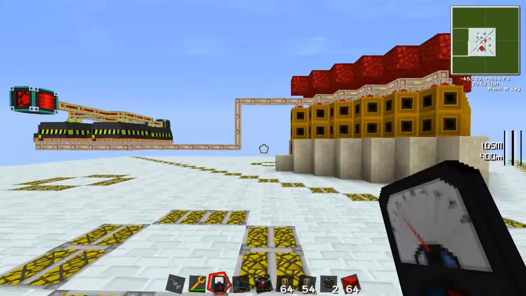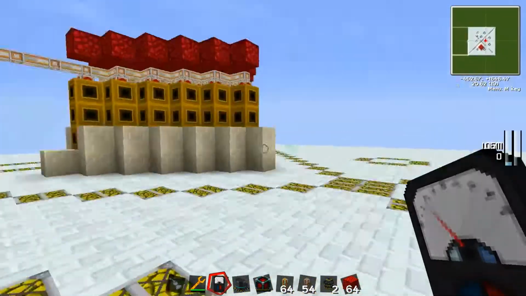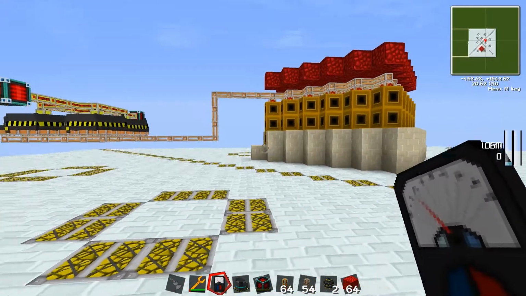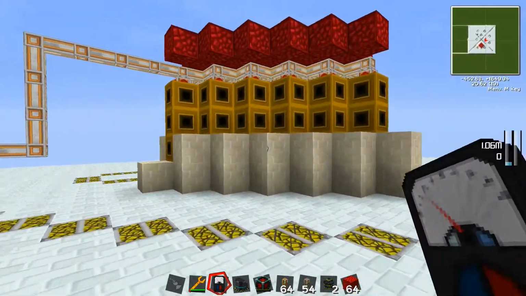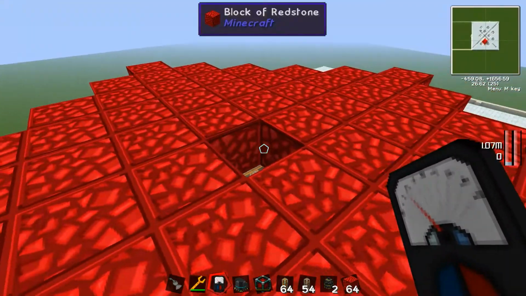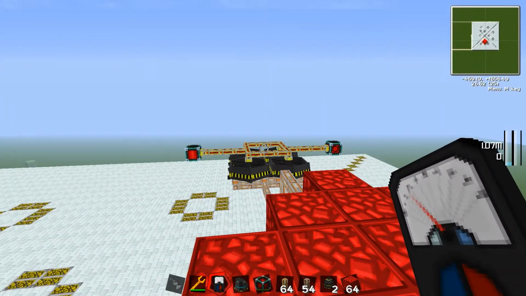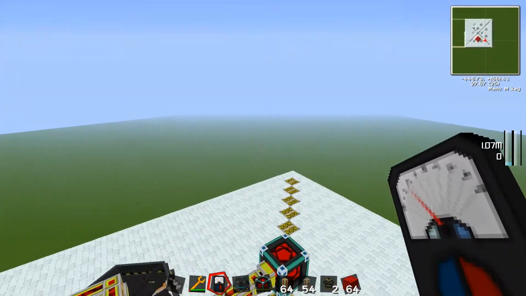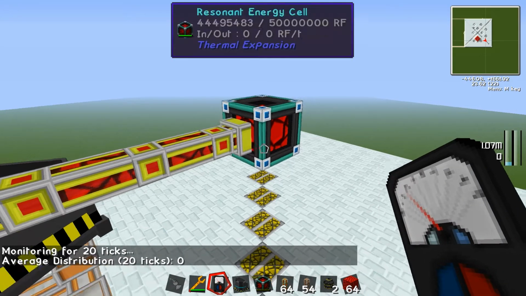Now last time I came into this map, I did a comparison on Atomic Science versus Big Reactors and showed that Atomic Science is completely blowing Big Reactors away. Since then, there's been some updates to newer versions of Big Reactors, and Atomic Science is still going to have the edge for power generation. However, Big Reactors is putting out substantially more than it used to. We remember that Atomic Science was putting out...